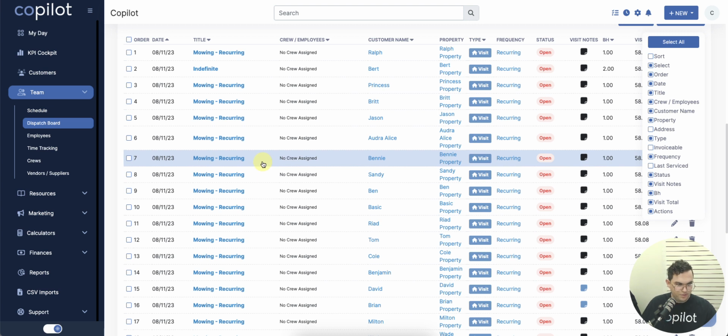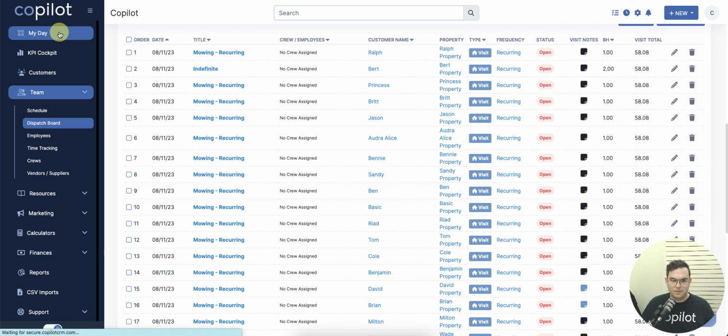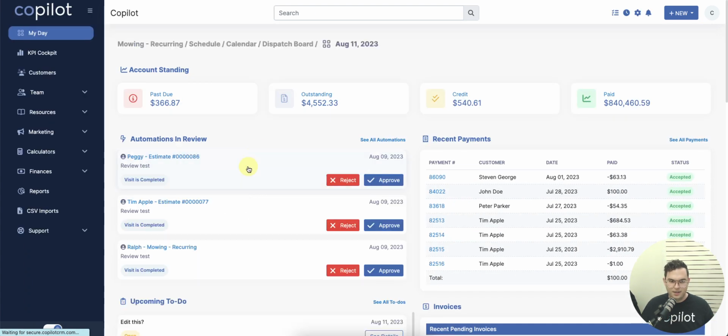All right, so that was really all the features. We do have a couple more updates based on tickets being worked on. This is everything that we added to Copilot this week, but these next two features are really important. I might be a little biased because I am dealing with the support side of Copilot, but I think these are really great updates. The first one is if you ever look at our update notes page,